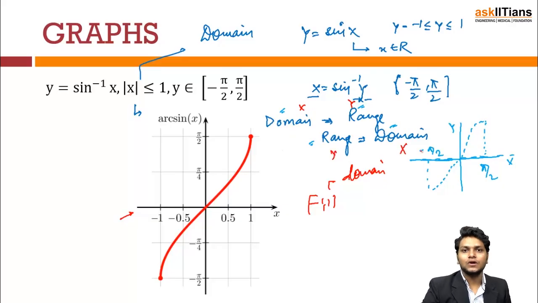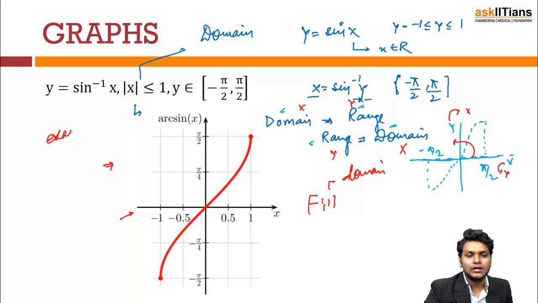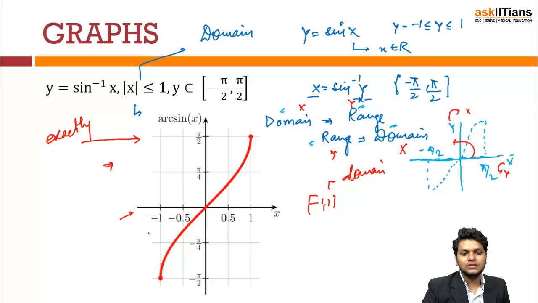So it's quite clear that whatever was x earlier is y now, and whatever was y earlier is x now. In order to get that, I just need to convert my x to y and y to x, right? And that can be done very easily if I just rotate it by pi by 2, because then x will become y and y will become x. And once you do that, you will see that the function exactly looks like this. So this is the graph of sine inverse x, and this is how the curvature of the function is.